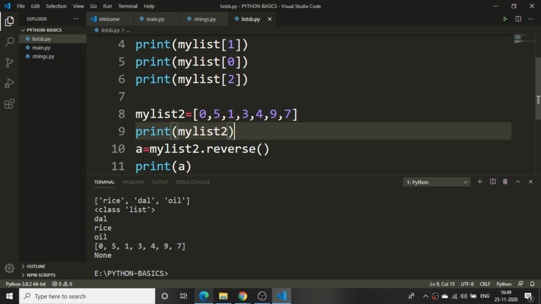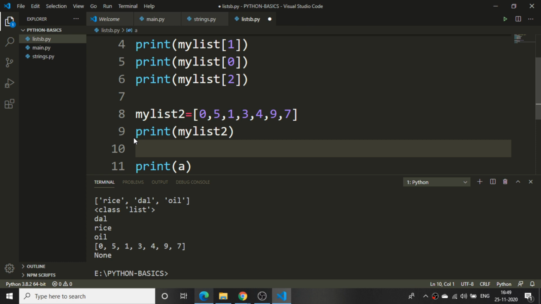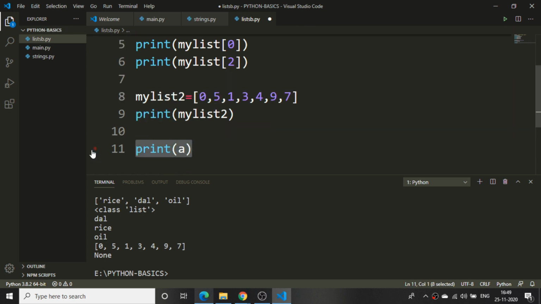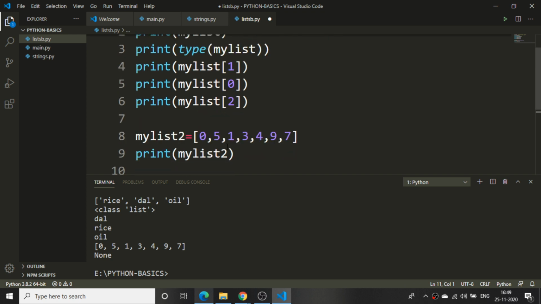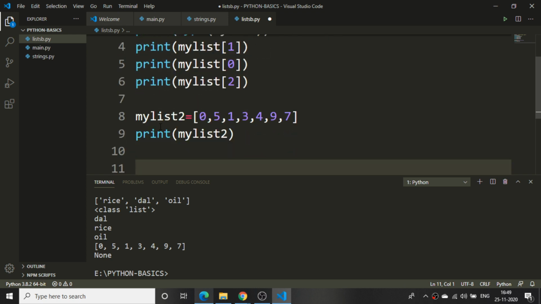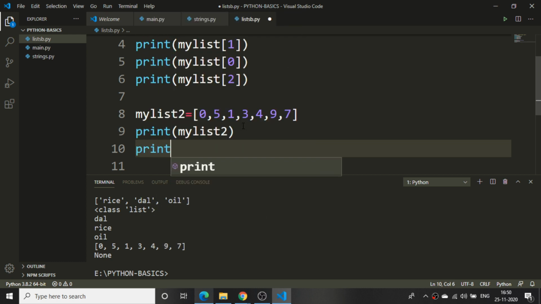Okay, fine. I think this function is not there, I guess. So this is how to print the numbers in my list. It is the same for strings as well as for integers. We also have the slicing concept over here, so I can print with particular slicing.